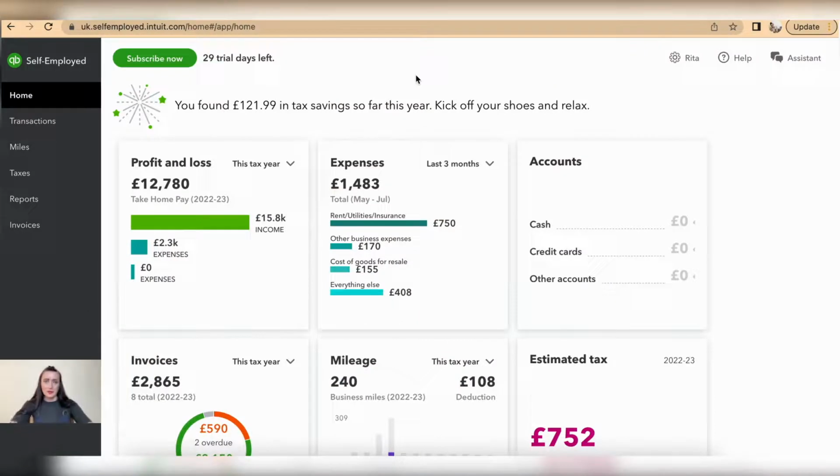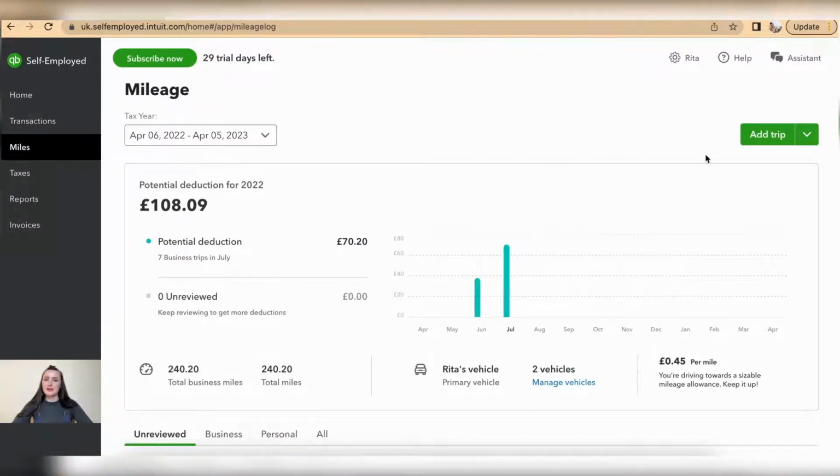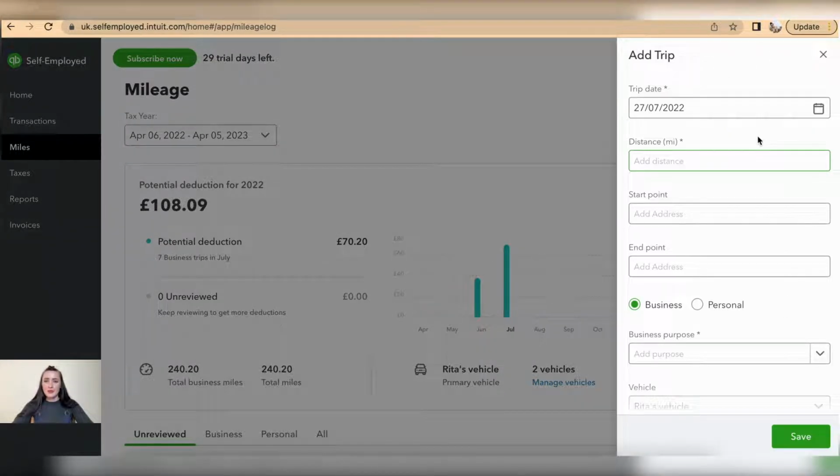To add a trip or journey, we need to go to the Miles section. From here, click on Add Trip. We are presented with a blank trips or journeys card, which we need to fill in. Firstly, let's add a trip date,